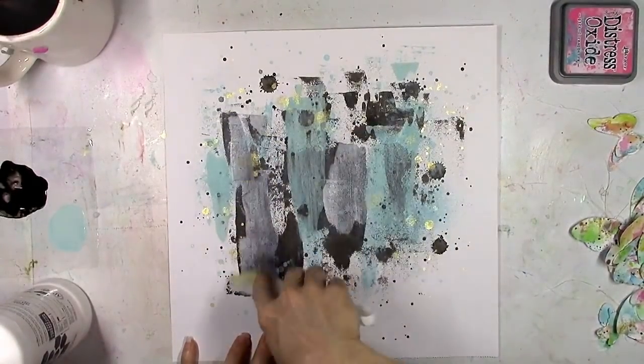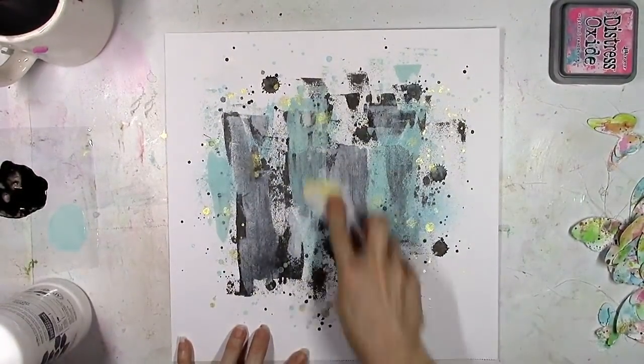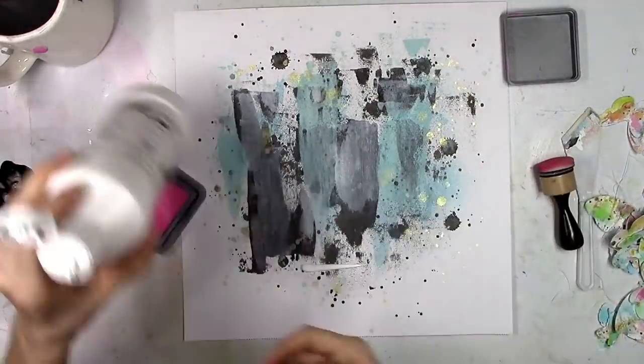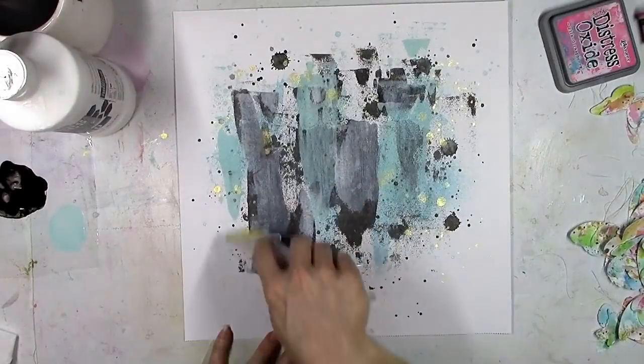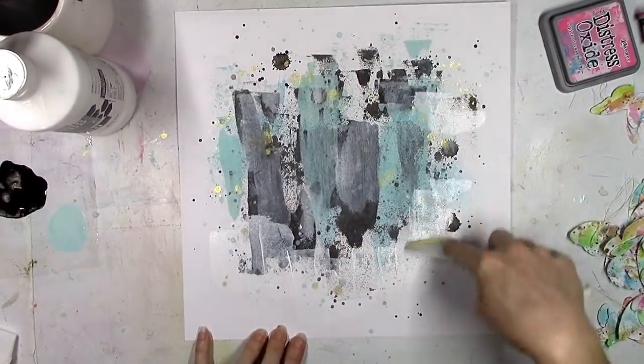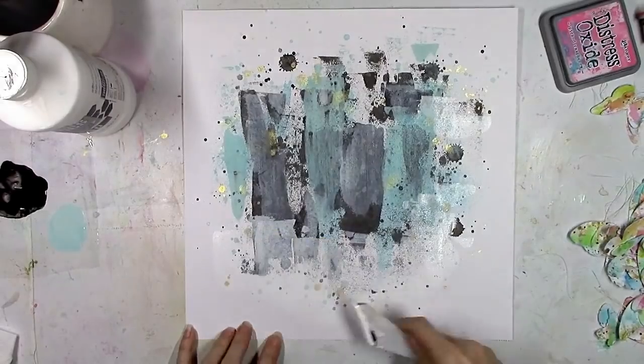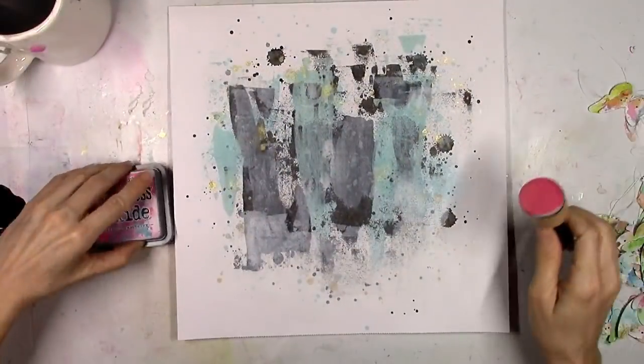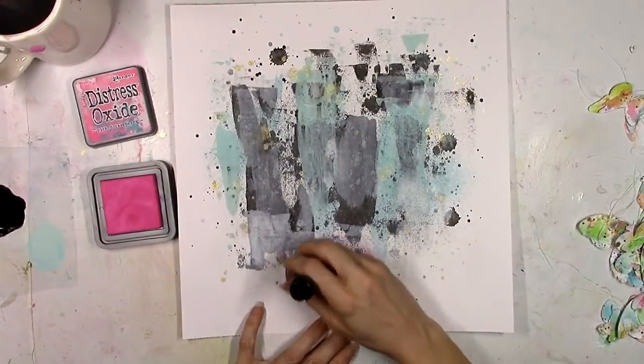And then I felt like the black was too dark. I don't know, it was bugging me. So I'm going to kind of cover some of it up with some white gesso. And then I'm going to add a little bit more gesso down at the bottom. I don't think I got that part covered because I want to use some Distress Oxide. And I definitely want to make sure that I can blend and smudge that